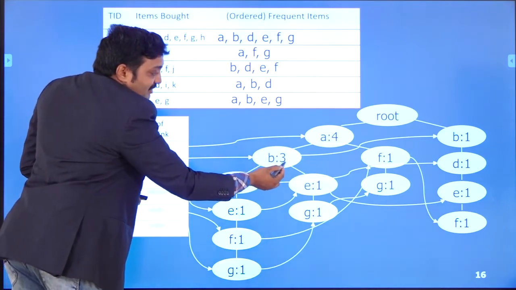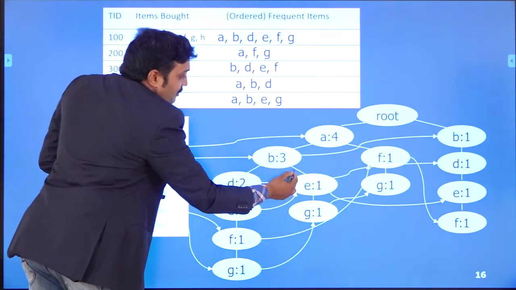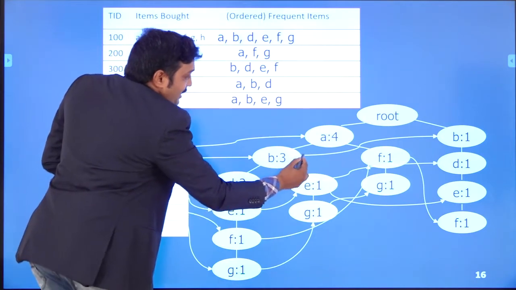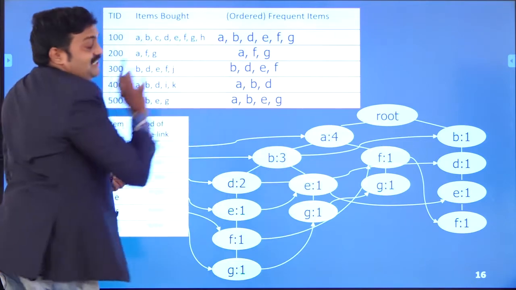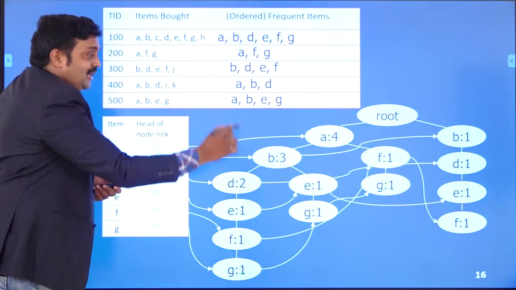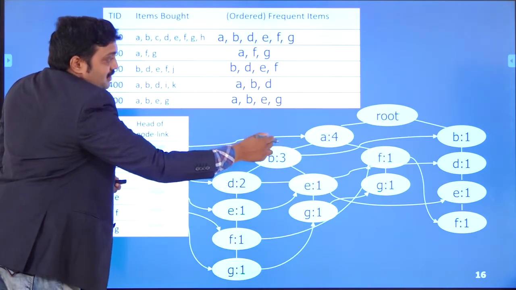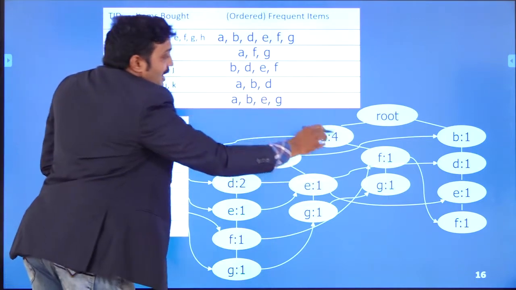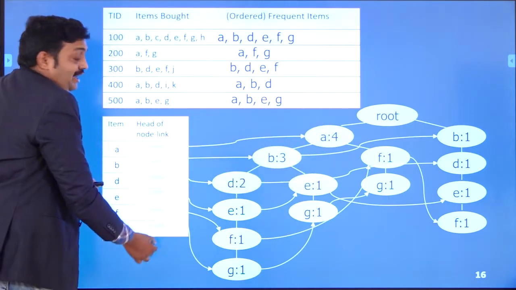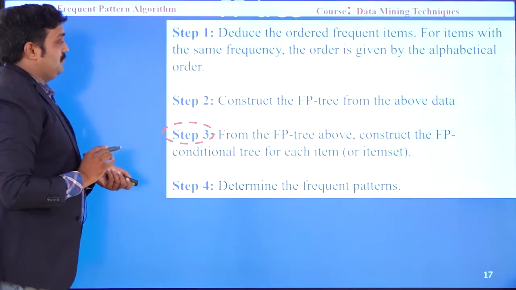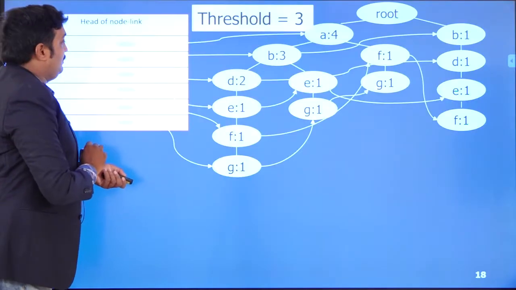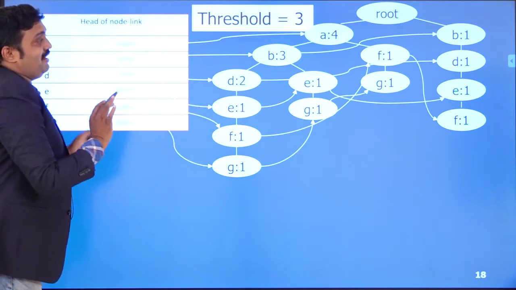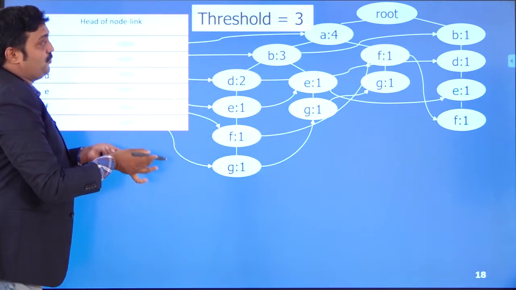Then we have to link with the other B. So another B is available. B is 3 here and 1 here, so 1 plus 3 is 4. The 4 is matching. We need to link all the nodes in each path with the root and make all of them link to the table. Then we go on applying the condition on the tree. Now this is our second step output.